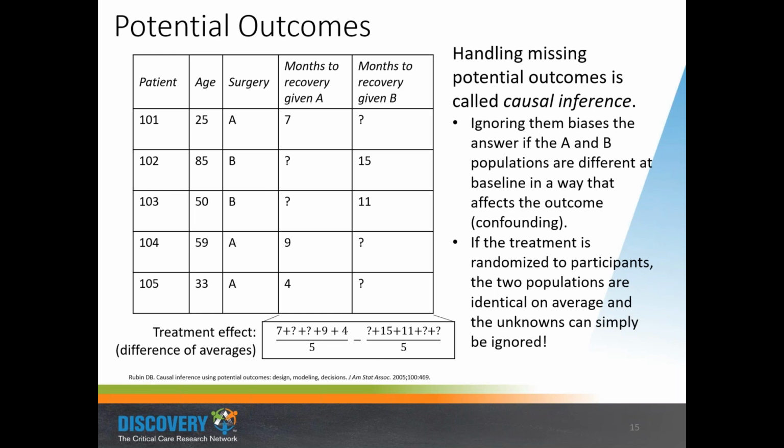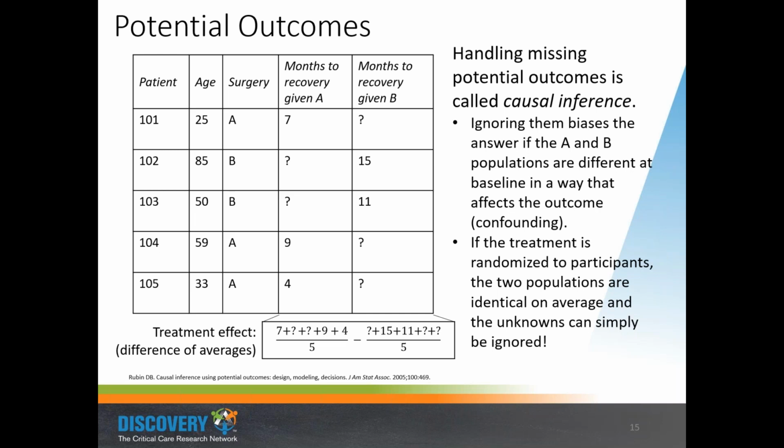So in the potential outcomes framework, we envision that the data sits in a table like this, where we have a column that indicates the patient, and then some columns that indicate some pre-existing covariates for the patients, like their age, for instance. And then there's the exposure, which in this example is a surgery, and there are 2 surgeries, A and B. Traditionally you would think of one column indicating their months to recovery. Let's say that's the outcome: how long does it take patients to recover from each of these surgeries? And we're interested in finding out which surgery leads to faster recovery time.